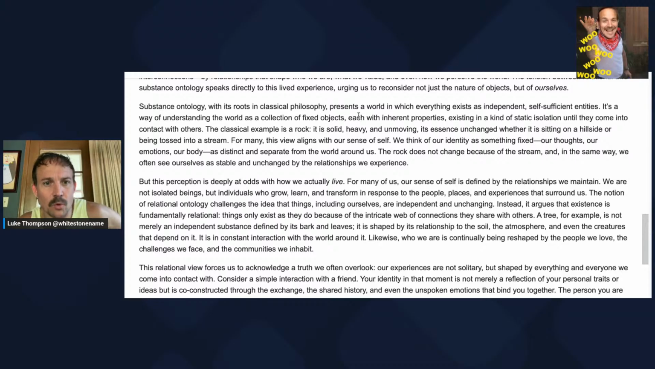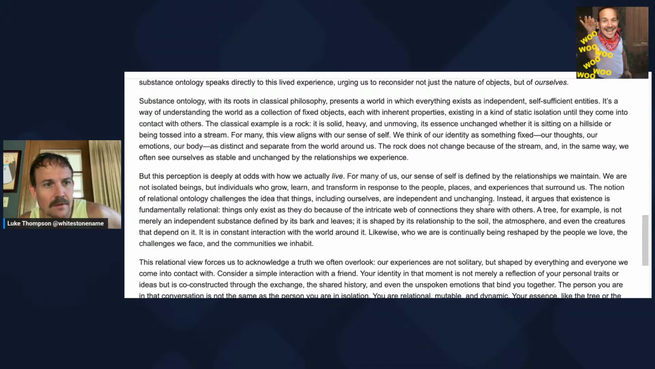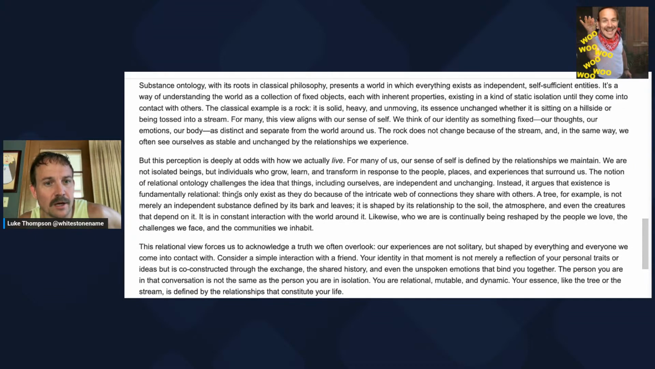So the classical example is a rock. It is heavy, solid, unmoving. Its essence unchanged, whether it is sitting on a hillside or being tossed into a stream. For many, this view aligns with our sense of self. But like, a rock sitting on a hillside versus a stream is going to have very different things interacting on it. And so it says, but this perception is deeply at odds with how we actually